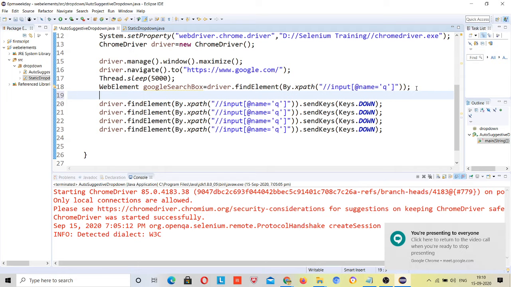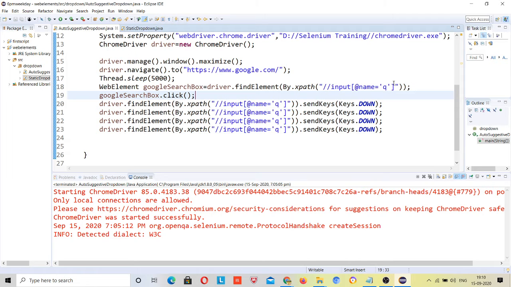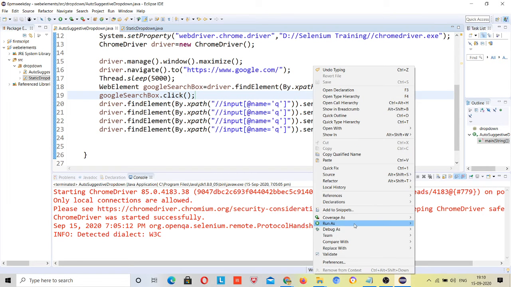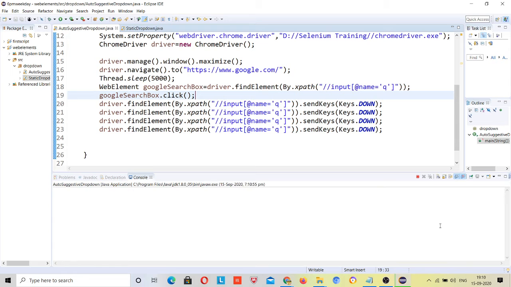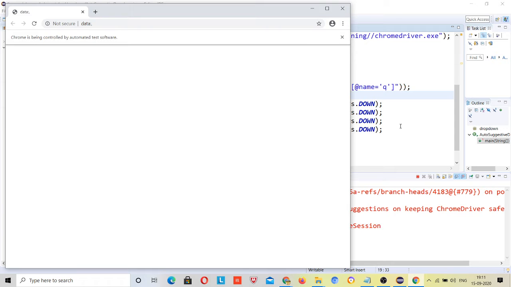Whatever we are following in manual, we should only write that. Oh, okay, this trick works. Let me check it. But this should work without this click also, because once you click on this, it will try to search something, right?